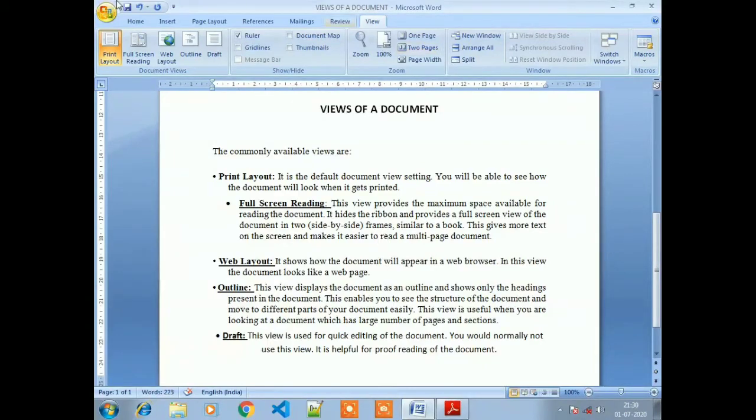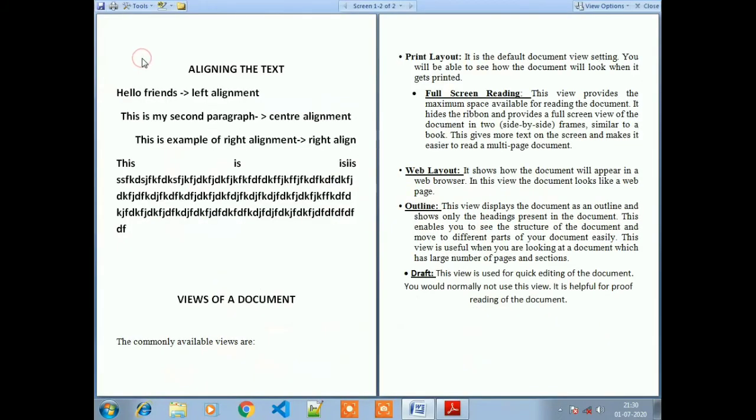Now the second is the full screen reading view. If we click on it, we can see all of our document displayed in a full screen view. We have 2 pages, so we can see all the content at the same time on the screen.